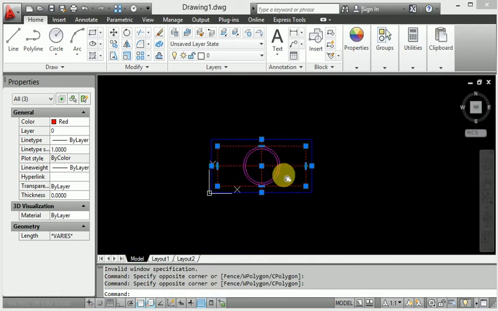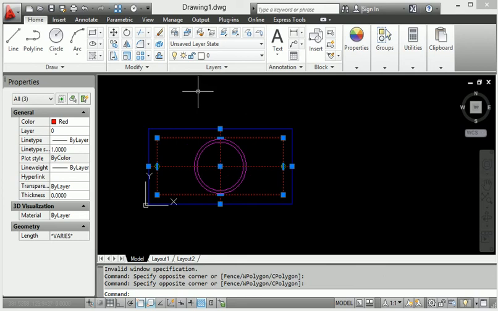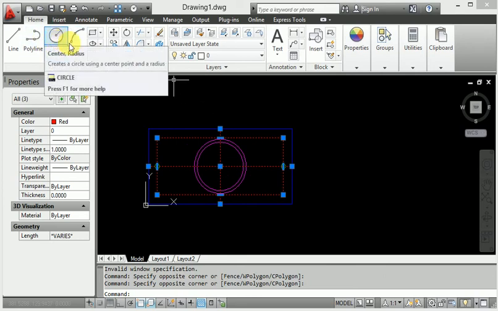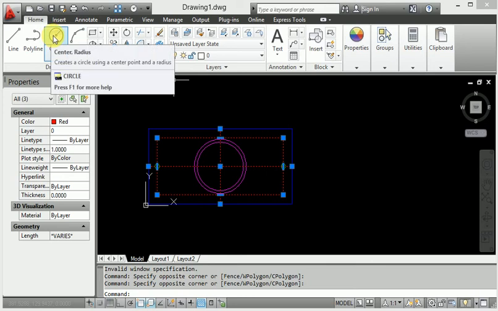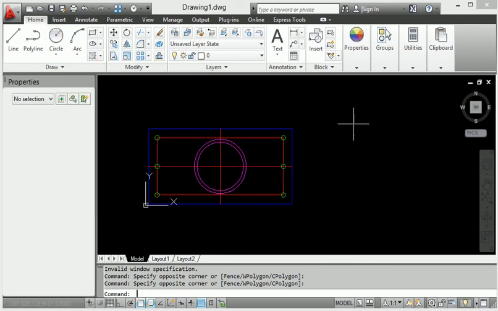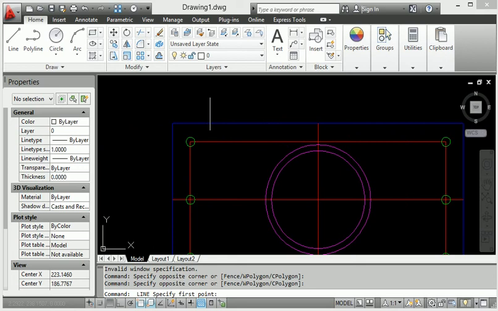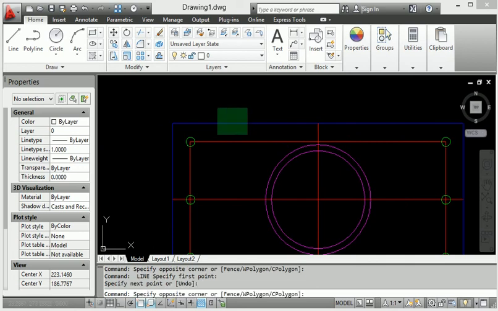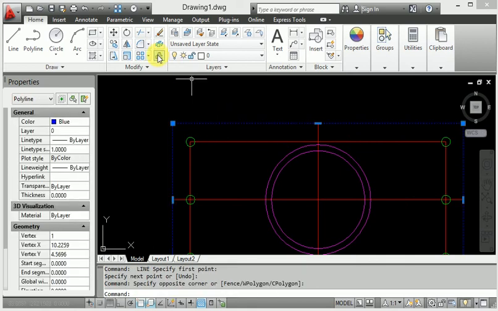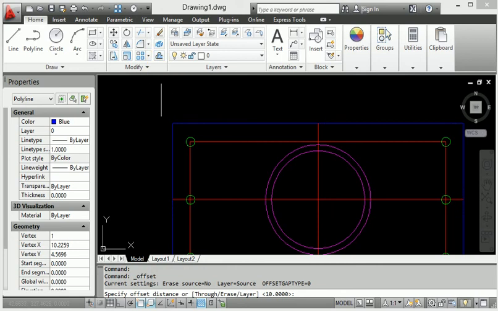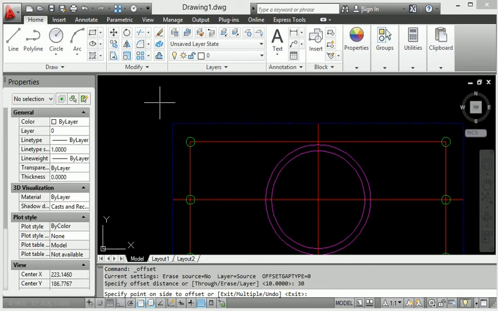This provides the color also, and whatever circle and rectangle I make anywhere, the particular color will be applied. Then I will also offset this circle.